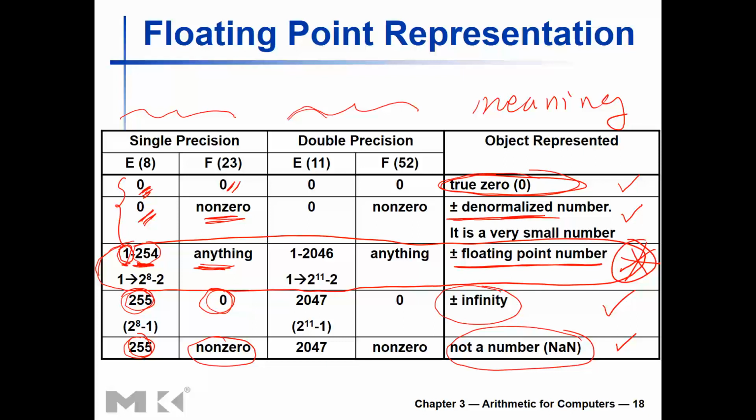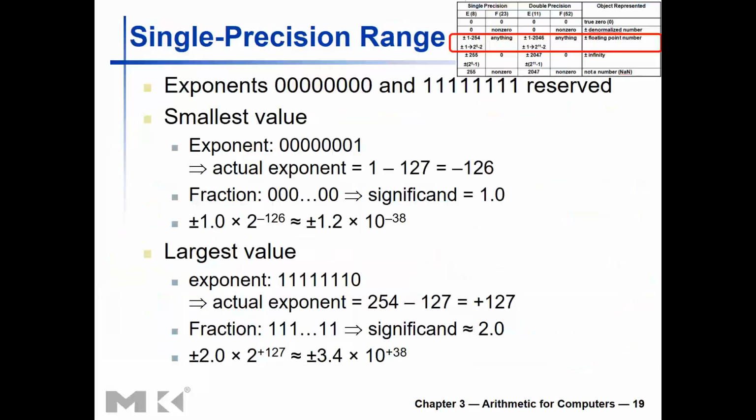Double precision follows suit as with the single precision, but with larger numbers. Remember, the exponent is 8 bits for single precision, 11 bits for double precision. Now, let's take a look at the range of these numbers. What do you mean by the range? Which means that if I represent the number, this is the number here, the number